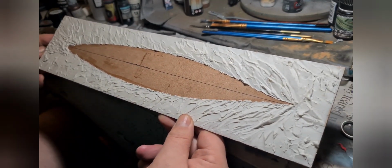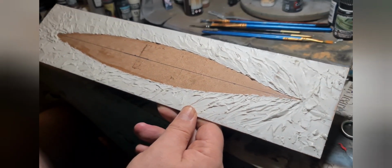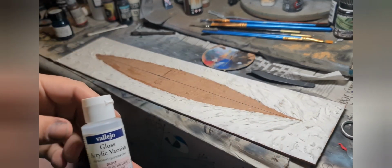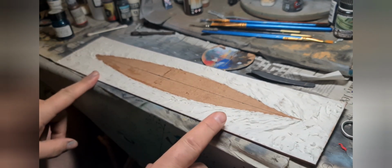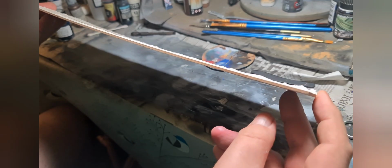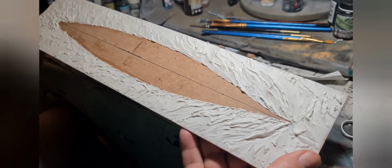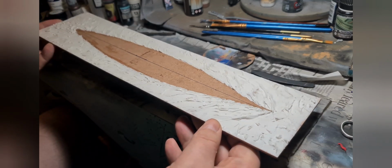So what I have done in the meantime is I have covered this entire board minus the wood bit in some gloss varnish, and that's to give it a little bit of a sealant to the plaster, because you've got to remember that this is going to be used for a war game, so it's not going to sit in a cabinet somewhere behind glass. It's going to get used, so it's going to need a little bit of protection, so that helps for that. And also the gloss varnish also gives a little bit of a sheen to the sea,